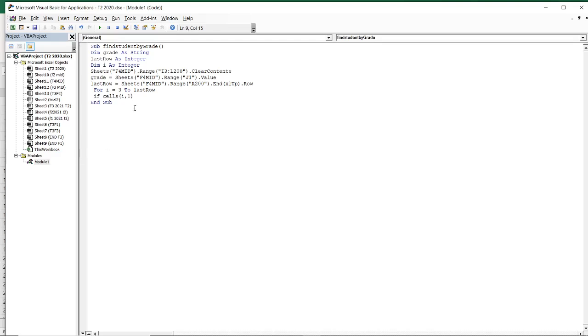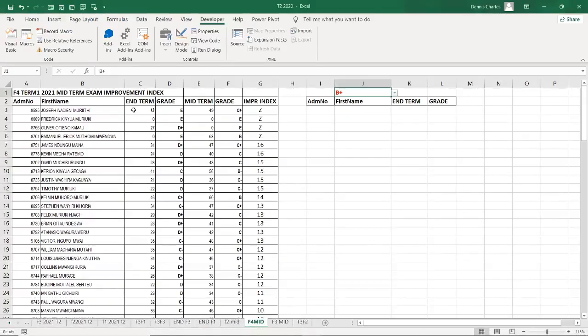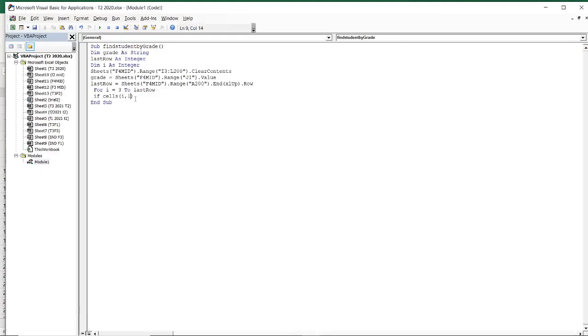If cells I and the first column. If you check where we have the grade, which column has the grade, it is this column D, which is 1, 2, 3, 4, the fourth column. So I and the fourth column,